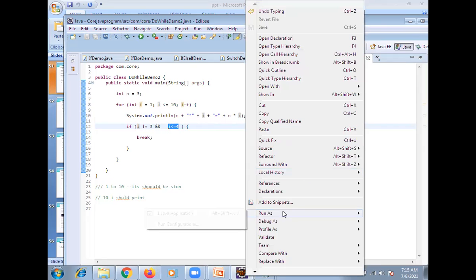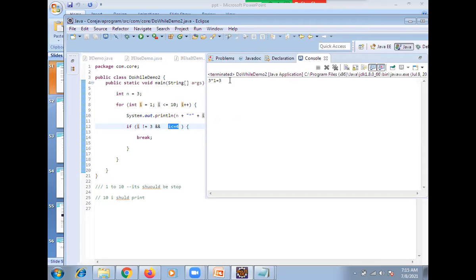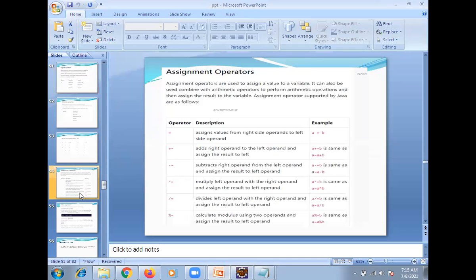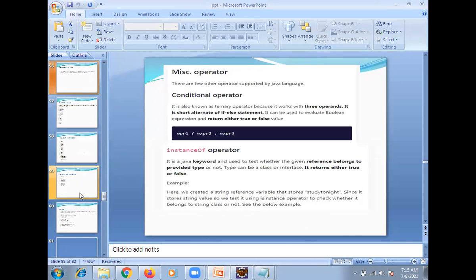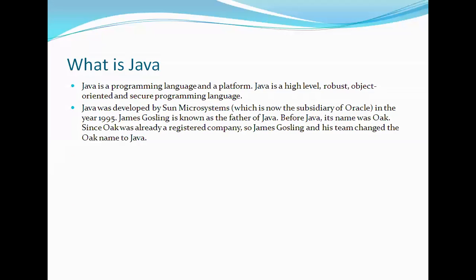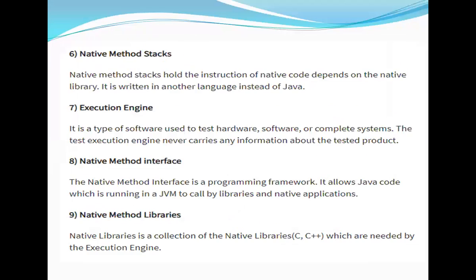So because of the first time itself, it is breaking. Clear? Yes, sir. So this is what the logical operators are. Now you are clear on arithmetic, relational and logical, right? Any doubts?